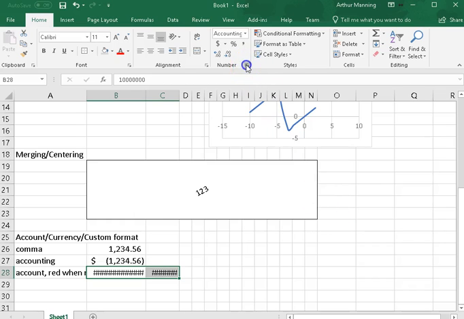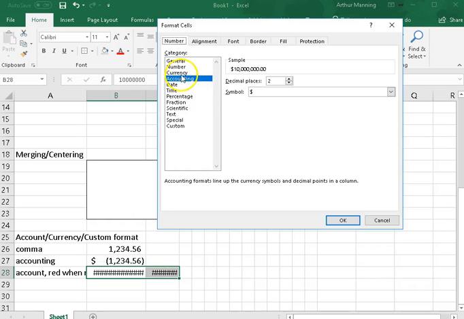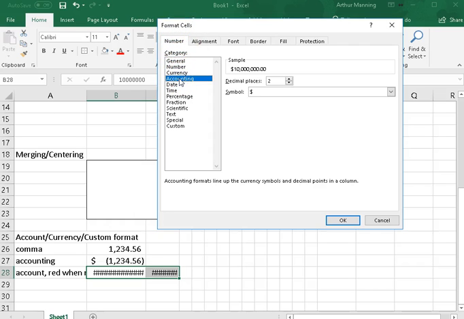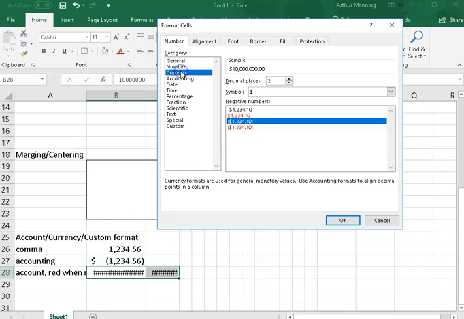And now let's see, under number, oh, currency, sorry, currency, not accounting. Under currency, here is a style that's not found on the ribbon. I have to go to the Format Cells dialog under Currency. I realize it wasn't under Accounting, but Currency Style, where I can make it red and in parentheses when it's negative. So it's similar to conditional formatting, but it's a built-in currency